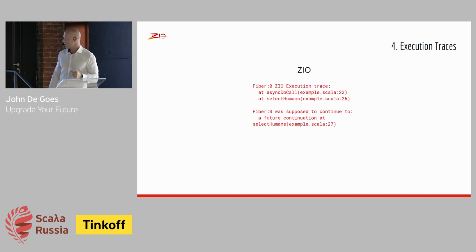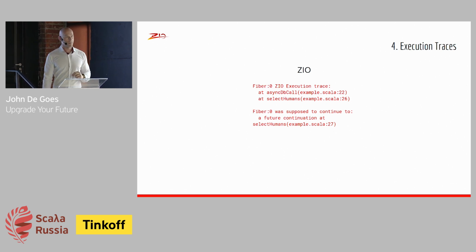ZIO has a feature called execution traces that will give you stack trace-like information. In fact, it's more descriptive than stack trace information because it tells you line by line, every flatMap, every operation in your chain of operations will be captured as part of the execution trace. This gives you the ability to figure out what went wrong, which helps you fix it. Not only will these execution traces tell you everything that happened previously, but they'll actually tell you things that were going to happen if the code had not completed, had not failed.